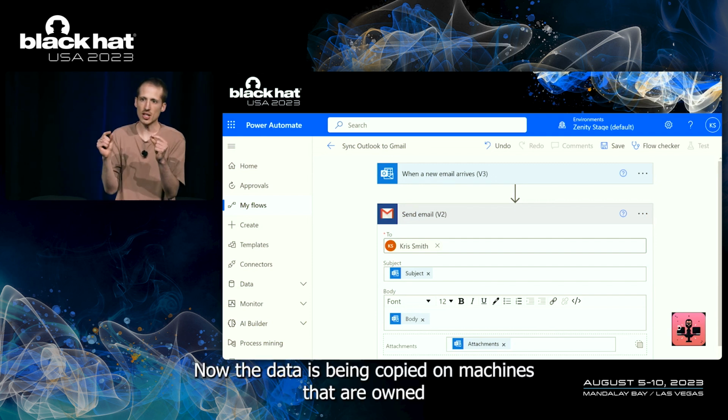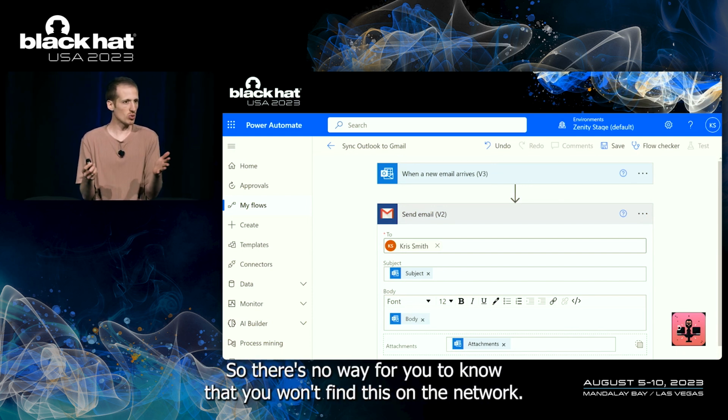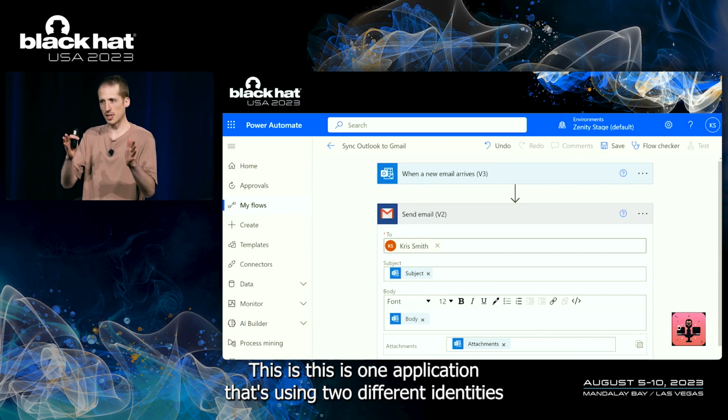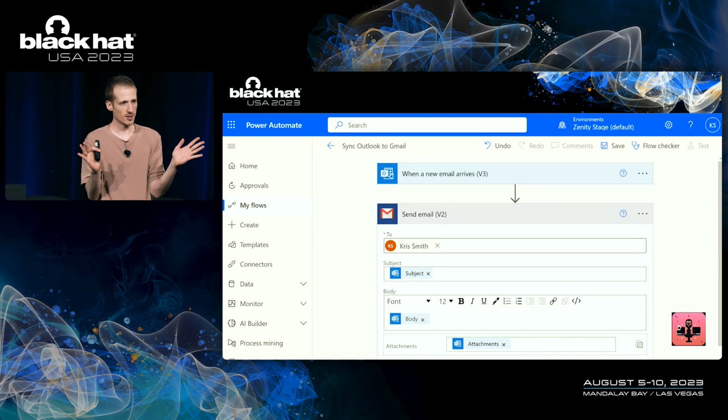Now, the data is being copied on machines that are owned by the cloud provider, in this case, Microsoft. So there's no way for you to know that, right? You won't find this on the network. DLP won't help you here. This is one application that's using 2 different identities and then mixing the data between those different identities.